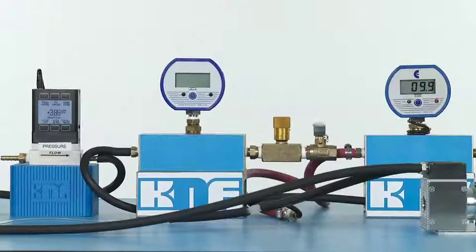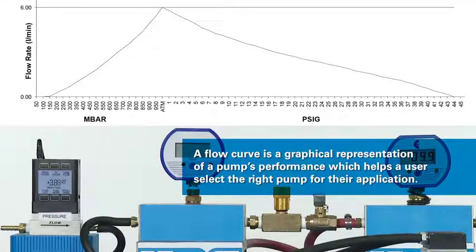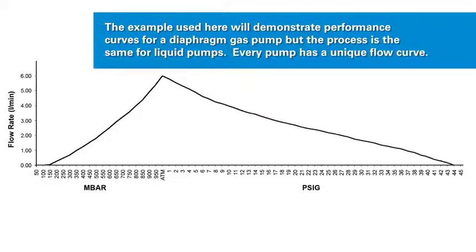For every vacuum pump and compressor that KNF manufactures, a flow curve is generated to illustrate the expected performance capabilities across the rated pressure range. The performance is mapped on a chart like the one shown here, where the x-axis is pressure and the y-axis